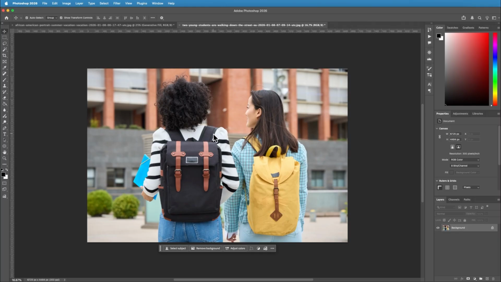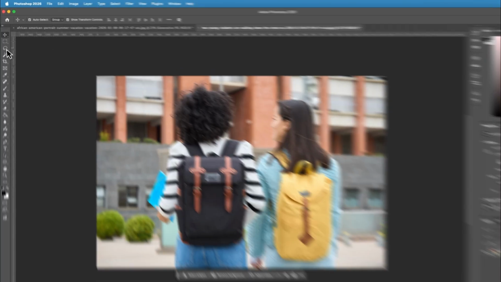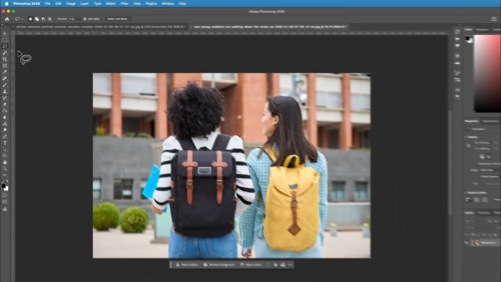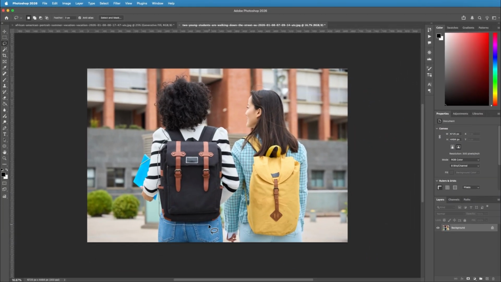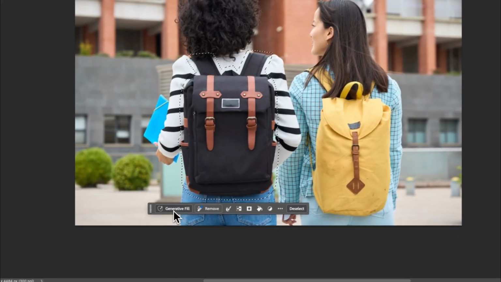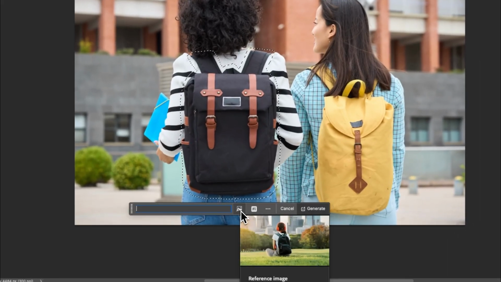So to start off with, we need to select the backpack. So I'm going to come up to the lasso tool in the toolbar and then carefully go around the outline of the current backpack. With that selection complete, we then need to click into Generative Fill, select the reference image